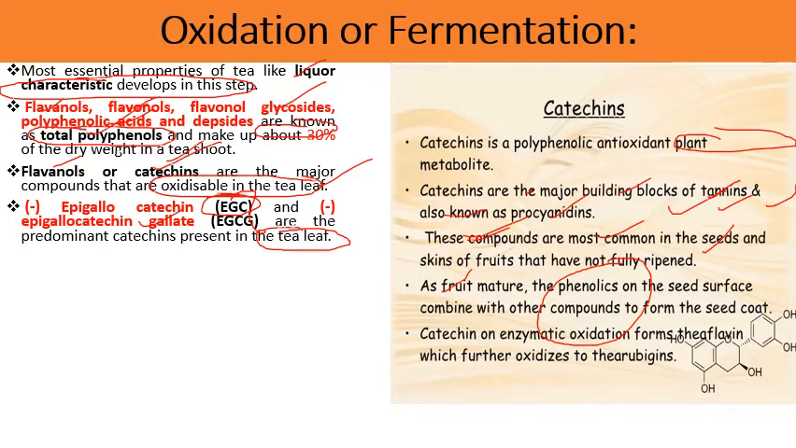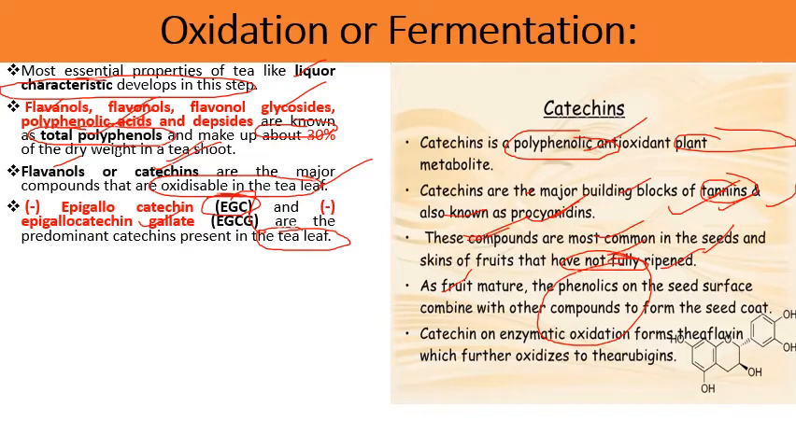Catechins are basically polyphenolic antioxidant plant metabolites और ये major building blocks होते हैं tannins के. They are also known as cyanidins, and these compounds are most common in seeds and skin of fruit that are not fully ripened. As fruit matures, the phenolics on the seed surface combine with other compounds to form seed